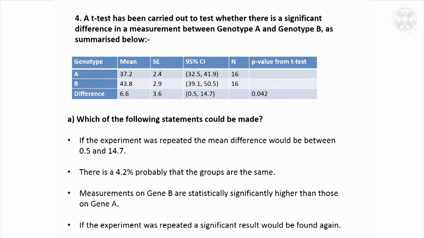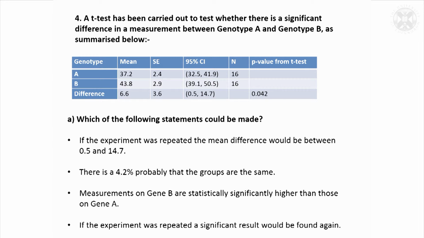The next statement, there's a 4.2% probability that the groups are the same. Is that true? Yes, it's true. We've got a p-value of 0.042, and that's exactly what it means. There's a 0.042 or a 4.2% chance that the groups are the same. Measurements on gene B are statistically significantly higher than those on gene A. Can we say that? The yeses are right, because we've got a significant p-value there, so we can actually conclude that. The last thing, if the experiment was repeated, a significant result would be found again